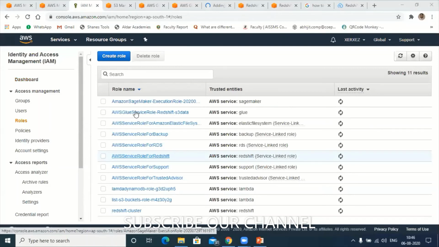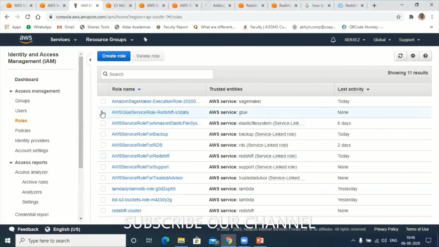Yeah, Glue service, no? Glue, yes, this one. Let me click on this. Select this one. This is the same role that we have created now.